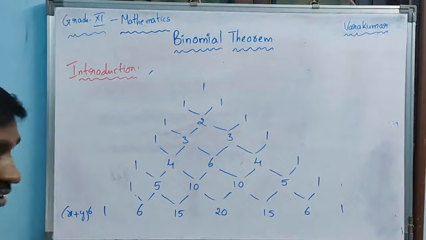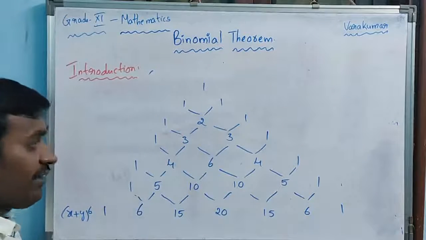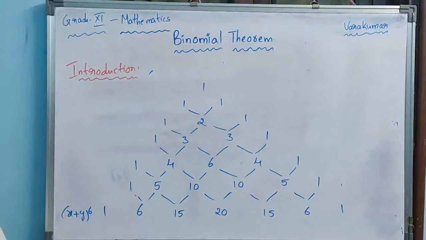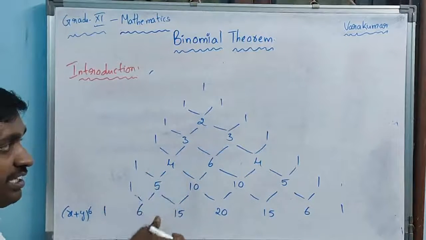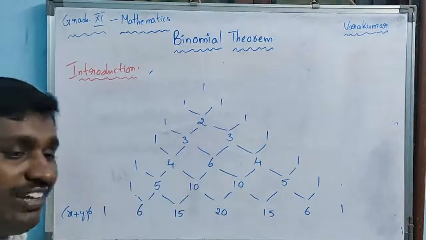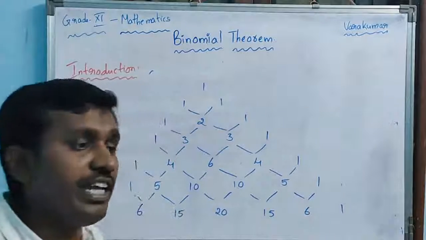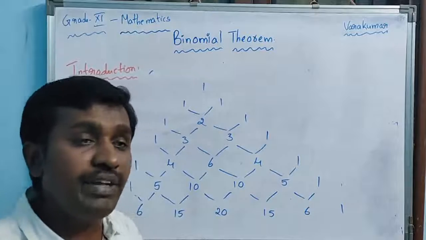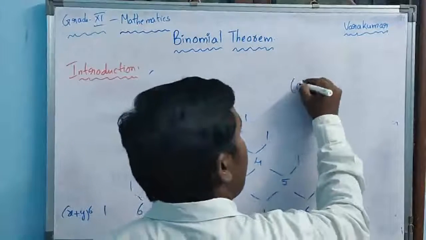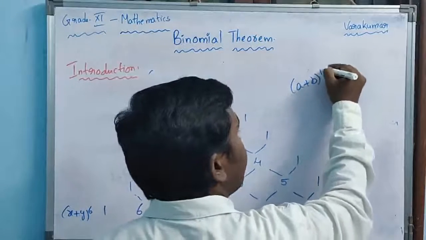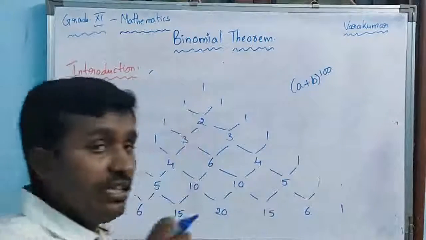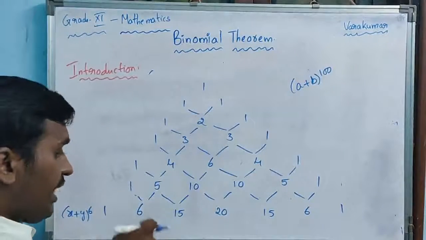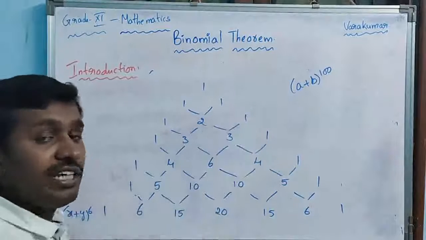See, but sir, you may have a doubt. Sir, you have this one, then what is the necessity of writing a plus b whole power n, sir? See, I can write this expansion only up to a limit. For example, if the n value is limited, 10 or 15, I can do it. But if it is n power 100, suppose I have asked you a plus b whole power 100. See, it is practically difficult to write the expansion up to 100 times.